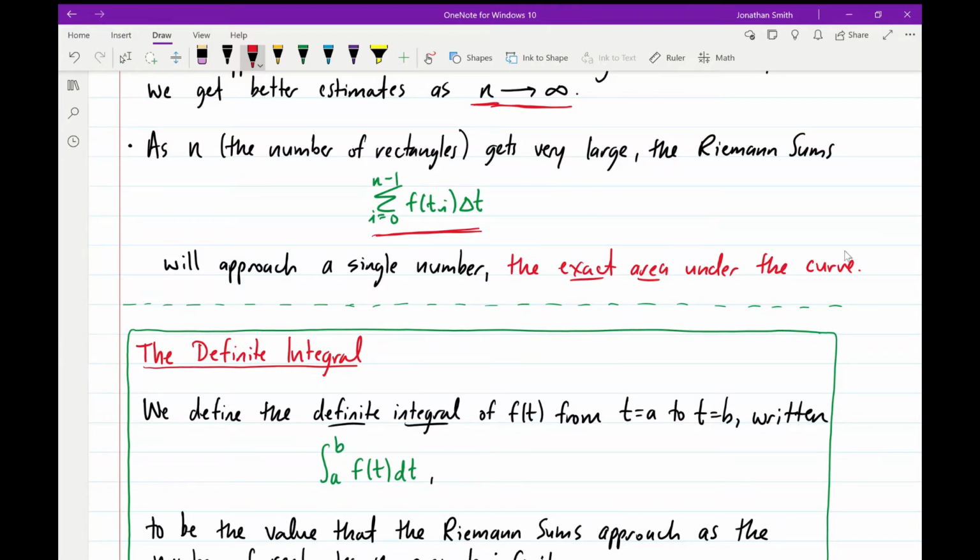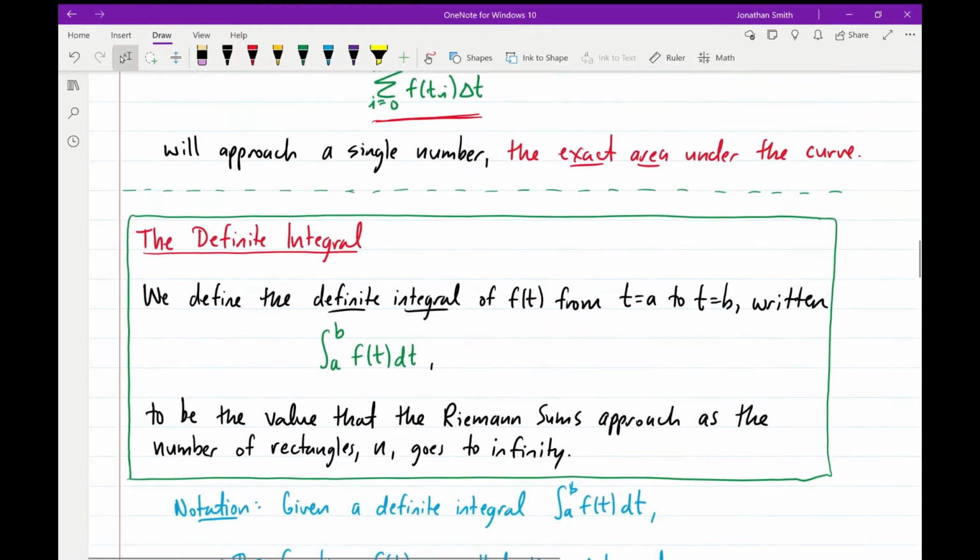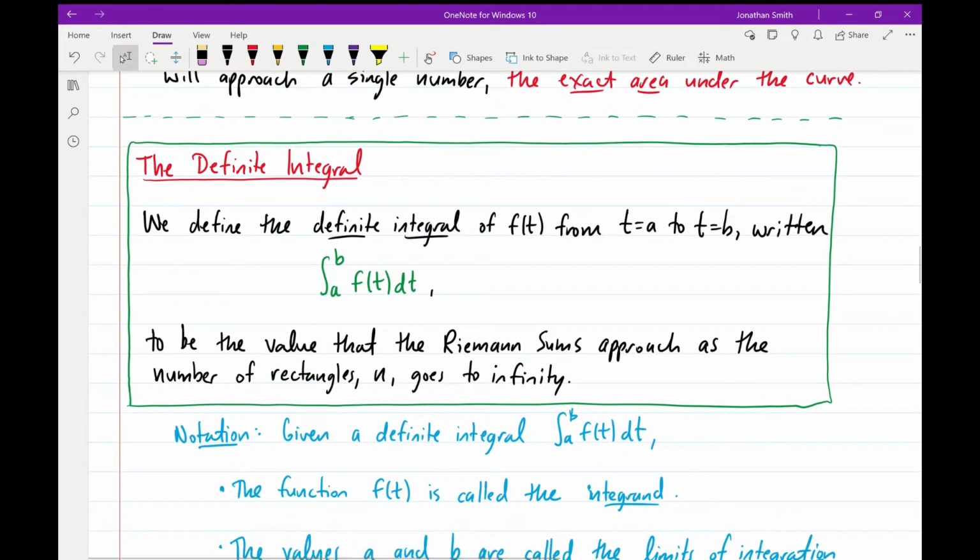So now that we have sigma notation and Riemann sums under our belt, we can finally define the definite integral, which is going to be one of the main objects of study for the rest of the class. So we define the definite integral of a function f of t over an interval from a to b, so from t equals a to t equals b, and we write it with this fancy new notation that you probably